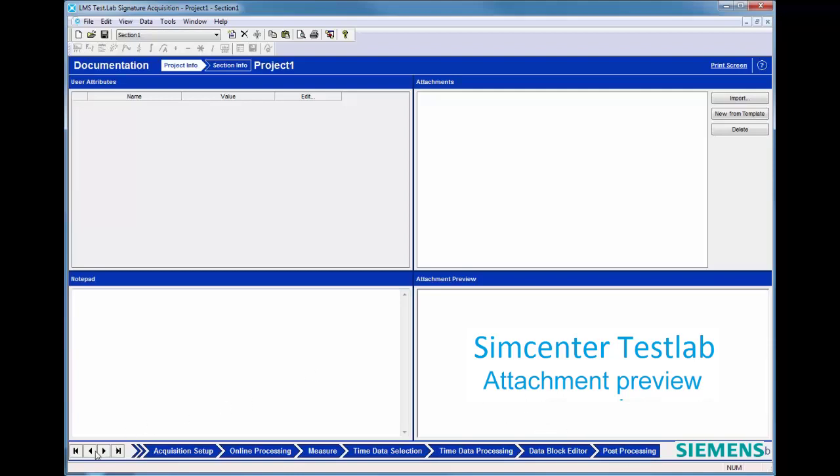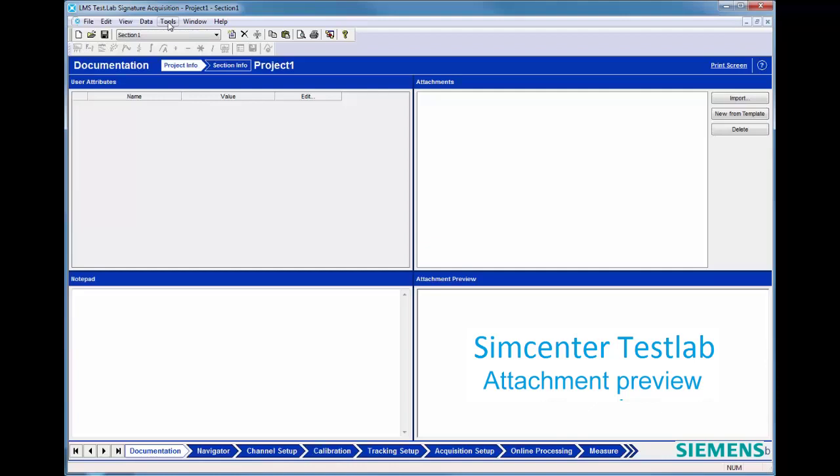One of the nice things about the workflow is that I have control over what pages appear here and what order they appear in, actually. So without changing the products I'm using or taking functionality away by turning add-ins off or anything just to make this shorter, I can actually just hide some of these pages. So let's say, for example, I don't need the calibration page, I don't need the online processing page. There's some other things I can hide because I'm not going to use them in this process.